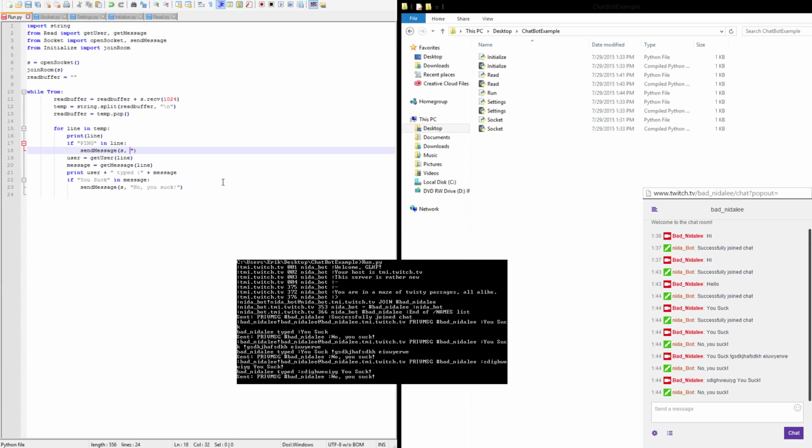We're gonna say, no, that's not what we want to do. We want to actually do s.send. What am I doing? S.send, because this isn't sending it to the chat. We're not sending a message to the chat. We're sending a message to the server. And so what we need to do is an s.send of